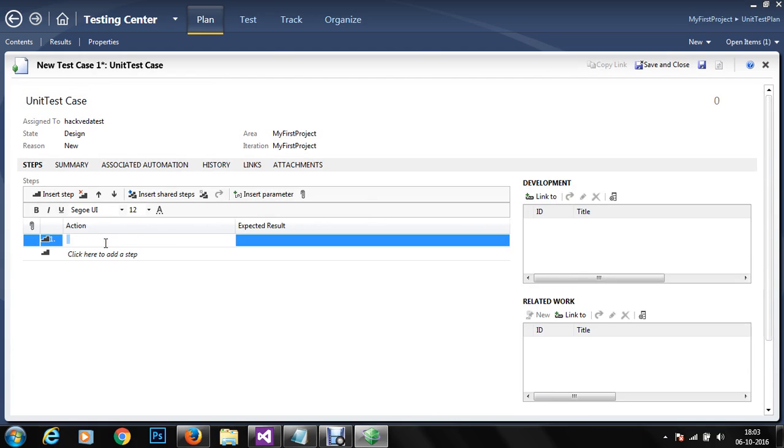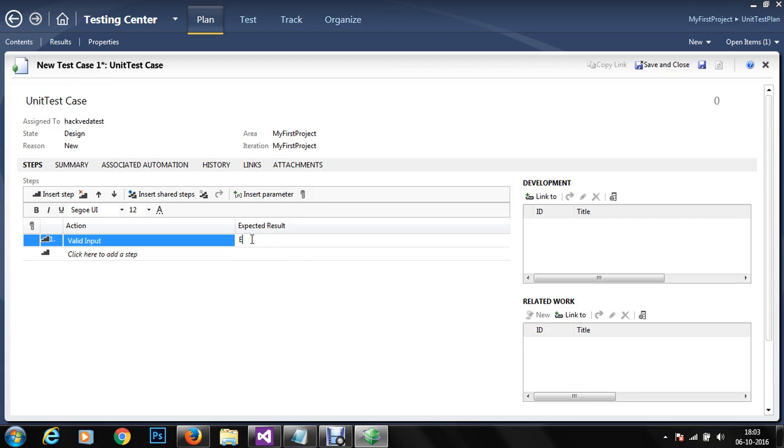And here, first of all, we would like to test a valid input. So we would like to enter correct integers a and b, and an integer output should be returned.